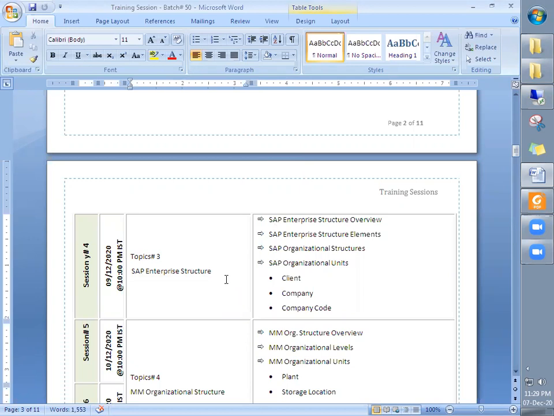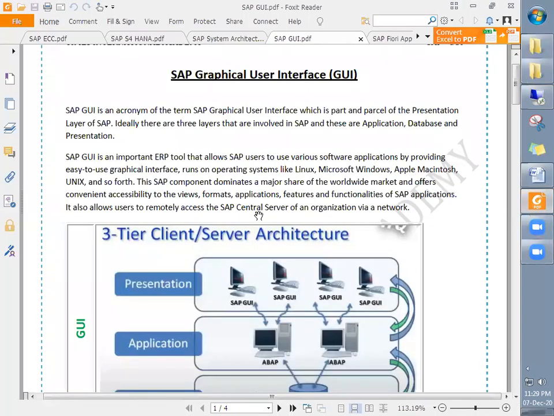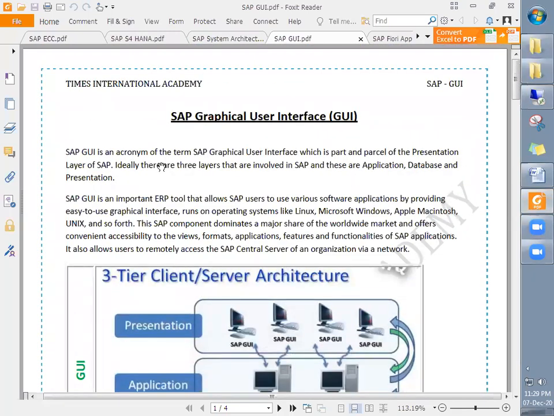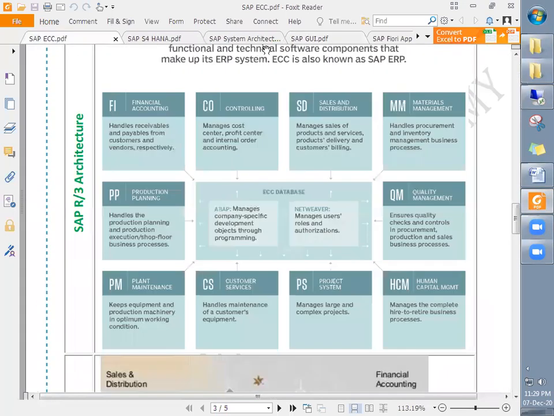So the client is nothing but the customer. This is the generic term. When it comes to SAP, client is the logical division of the SAP system, which we just discussed.